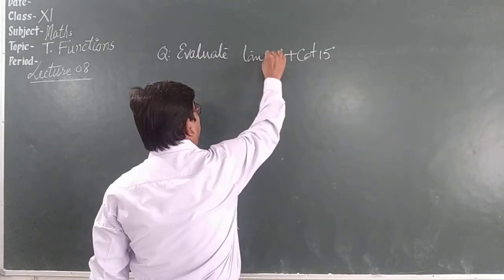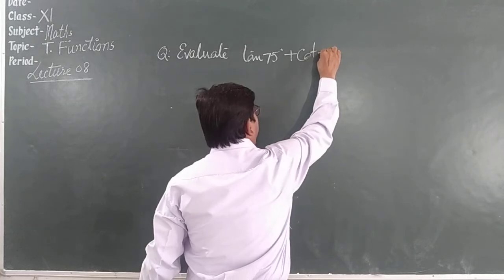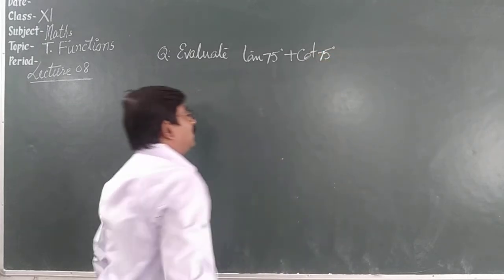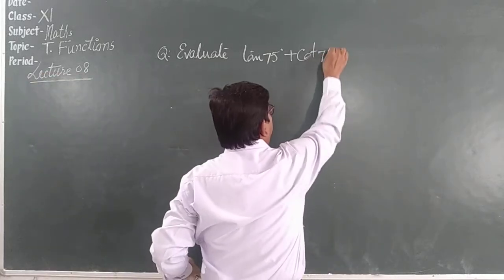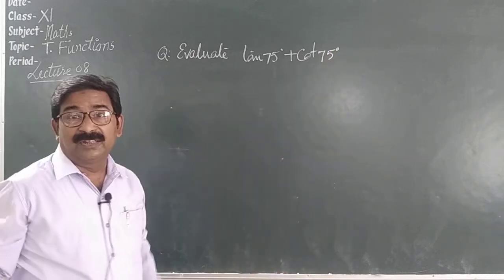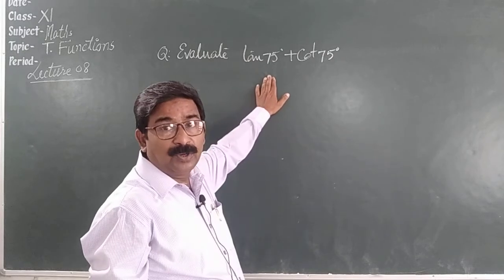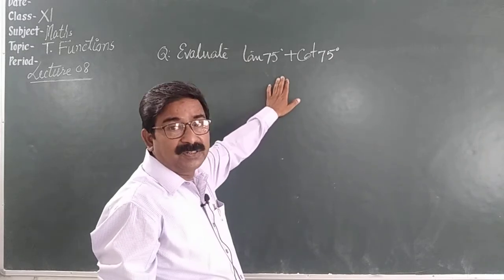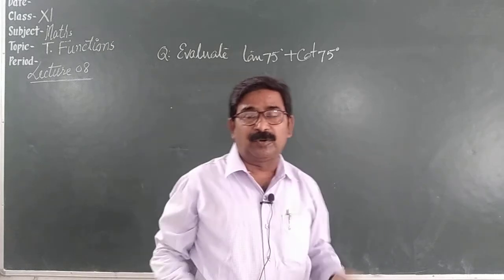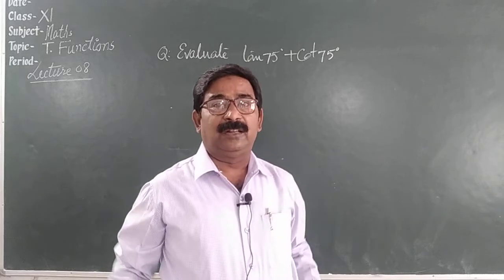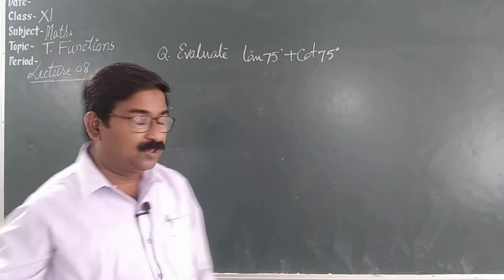Find the value of tan 75 degree plus cot 75 degree. In the same way, you will find the value of tan 75 degree, splitting it into two known angles like 45 plus 30, and getting tan 75 degree. Get its reciprocal, whatever reciprocal comes, add the two values and you can get the answer. Got it? So you have to try this question.